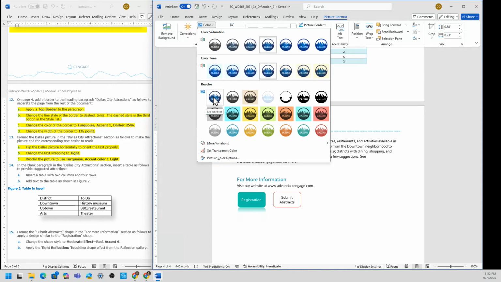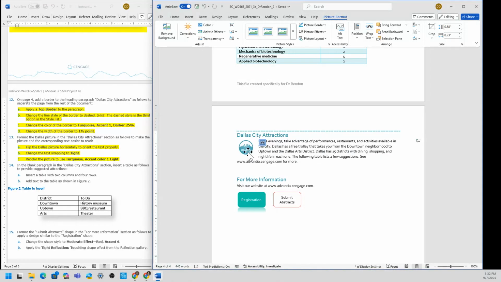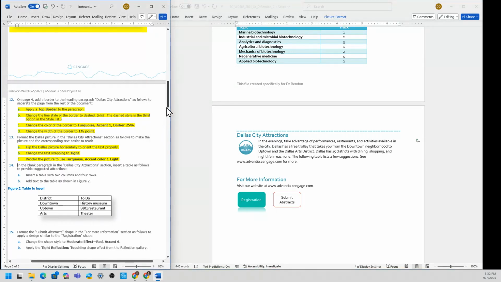And I need the turquoise accent color 1. Accent color 1, turquoise. So let's see, no color. Recolor. So what color is turquoise accent 1? Okay. Here is turquoise accent color 1 light. So this is what I need. Select it. So now it changed. So that's it for step 13.